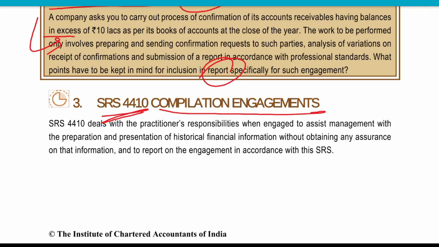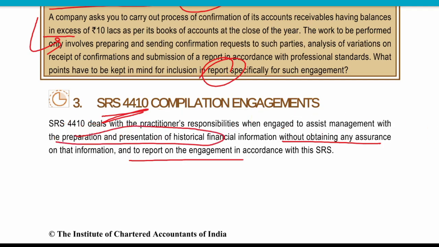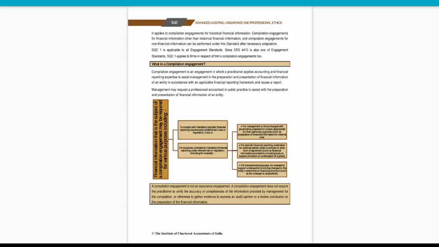Financial statement, making of financial statement, making the compilations, right? So when the engagement assists the management with preparation and presentation of the historical financial information without obtaining any assurance of the information, it means the practitioner is helping the company. He is helping in preparation and presentation of the financial information, basically doing the accounting thing, basically compilation of the accounts, right? You are compiling someone's accounts, means you are preparing a presentation of the historical financial data. That means you are preparing their accounts, maintaining their accounts.